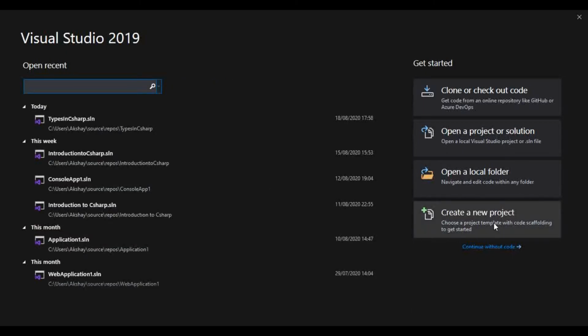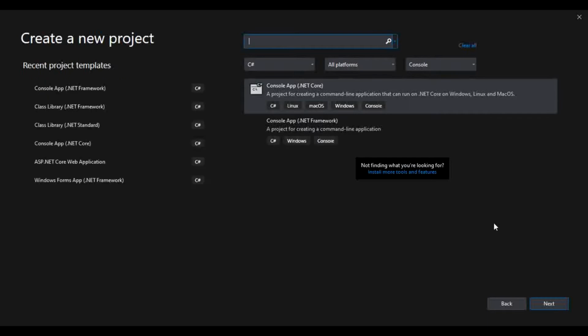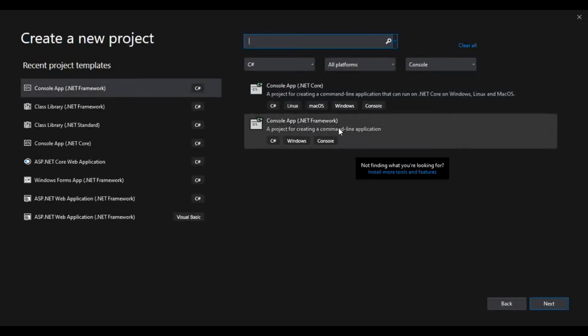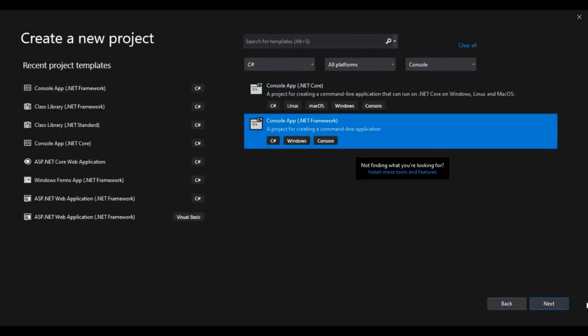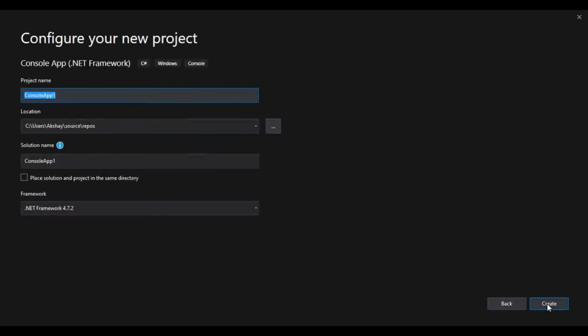We will create a new project. Let's just have a simple console application. Let's give a very meaningful name, strings, string type in C Sharp maybe.